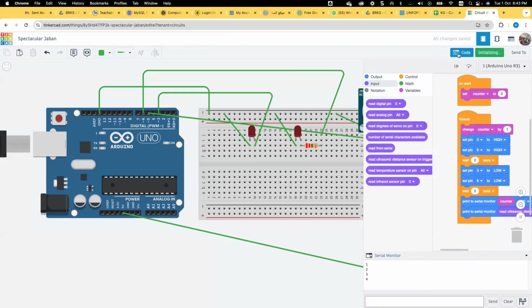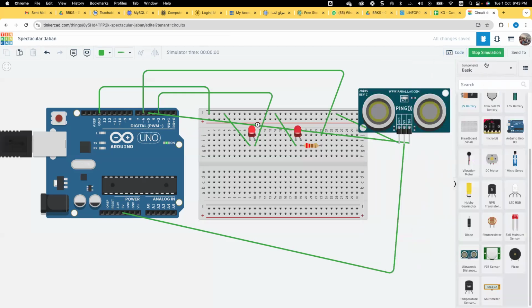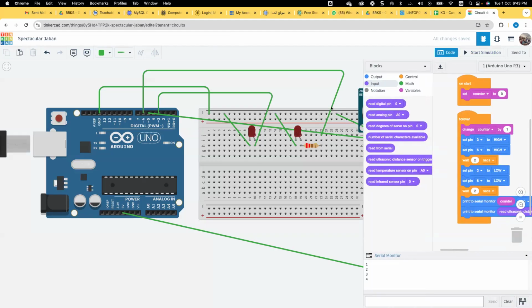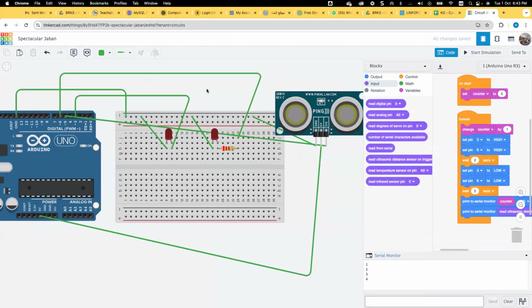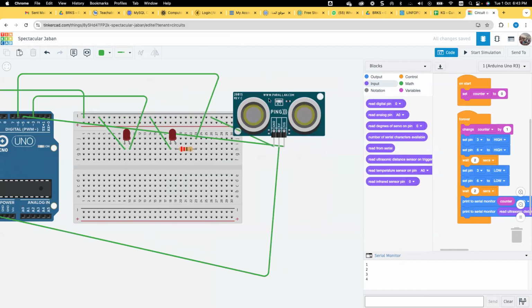I will start my simulation, and in order to activate the ultrasonic sensor, start simulation. It's showing 113 centimeters.